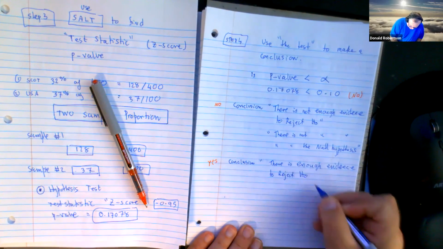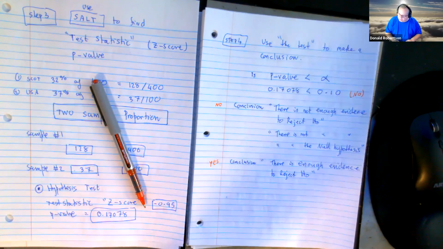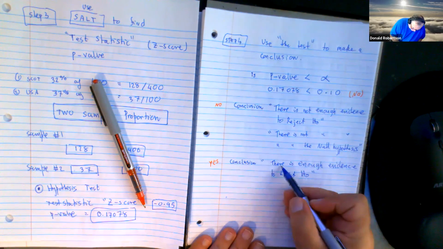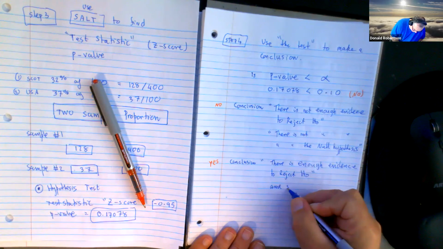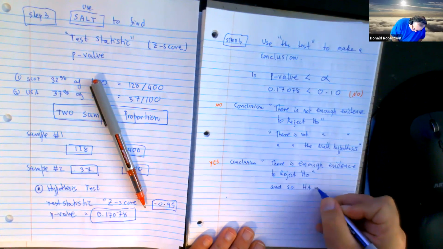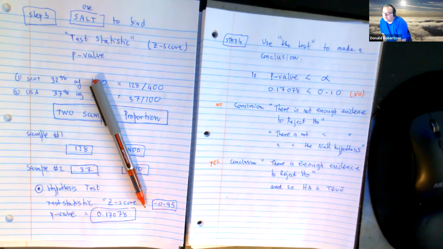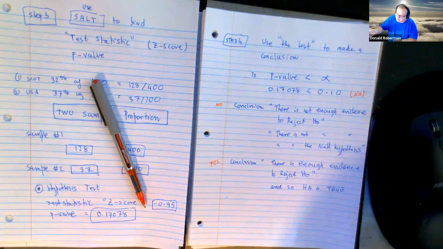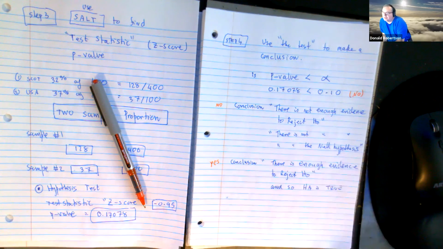H0. And that's probably what you would get in one of those drop-down choice menu things that don't work. But really, they should have given you the full sentence. I guess they chose not to. And the full sentence would be, there is enough evidence to reject H0. And so HA is true. Because when you reject the null, you're also accepting that the other one has to be true. There's only two things that can be true. It's either the null hypothesis or it's the other guy. And if we've kind of proved that it's not the null, logic says the other guy must be true.